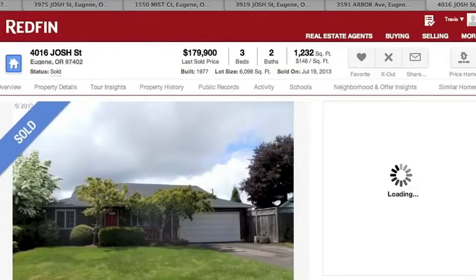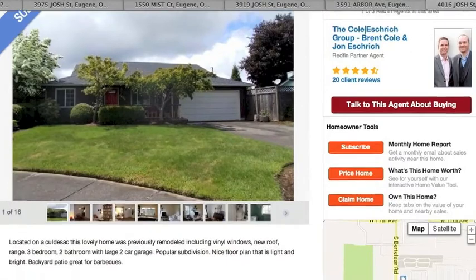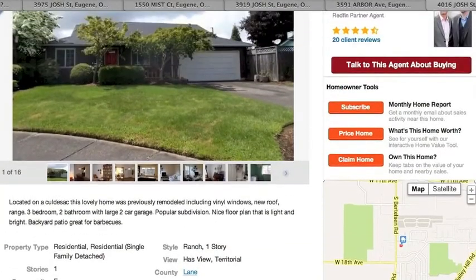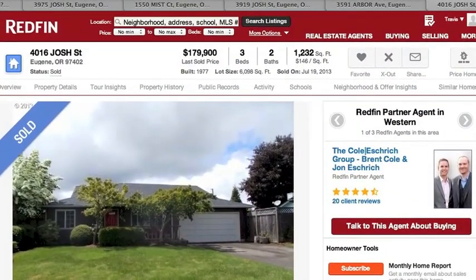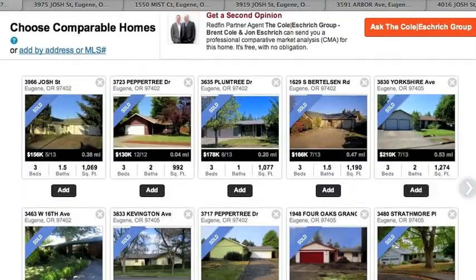This looks like a possibility. Let's go in here, 77, July, sold, on the map, same area. Great. Let's add this. How many is that? Okay, we got room for one more. You can tell there's a lot of them in this area. Looks like it might be a hot area,